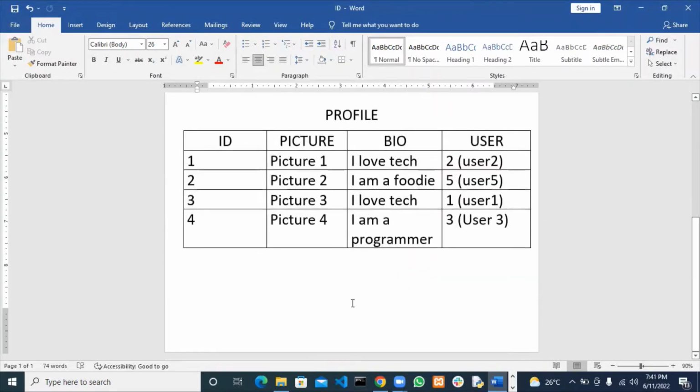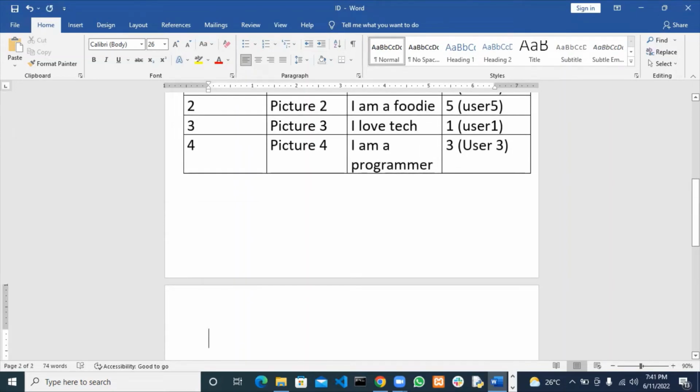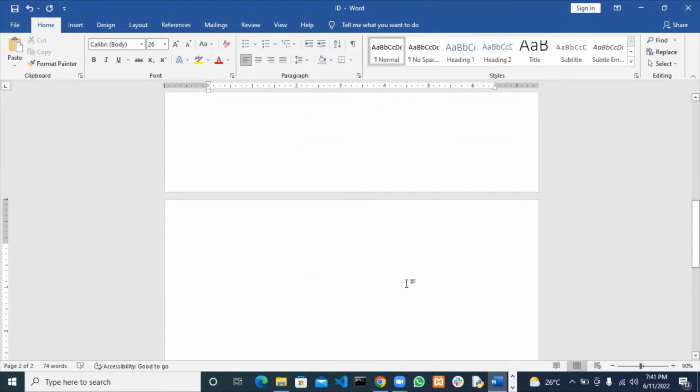So what I mean is, let me come down here. In the above example which we just did, we have the profile table, and we just established a one-to-one relationship with the user table. So now the correct way of reading this is saying that